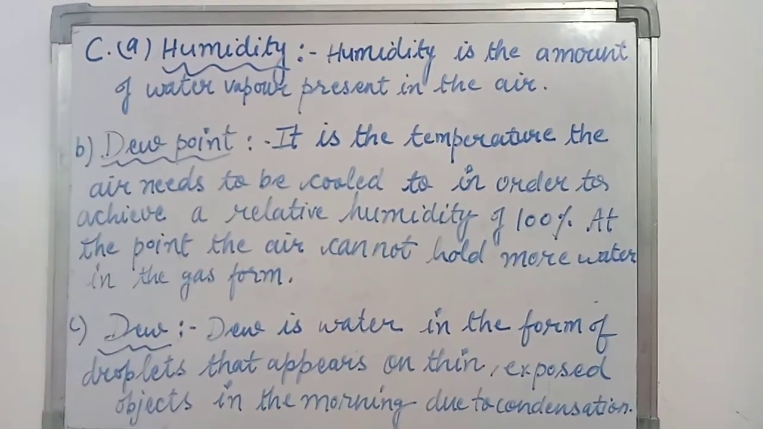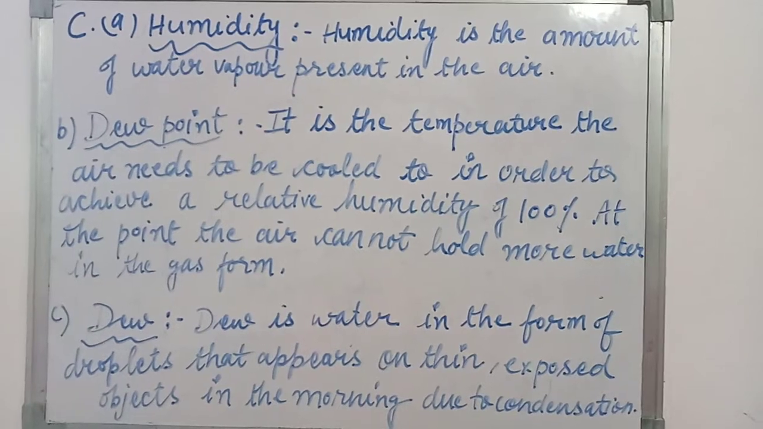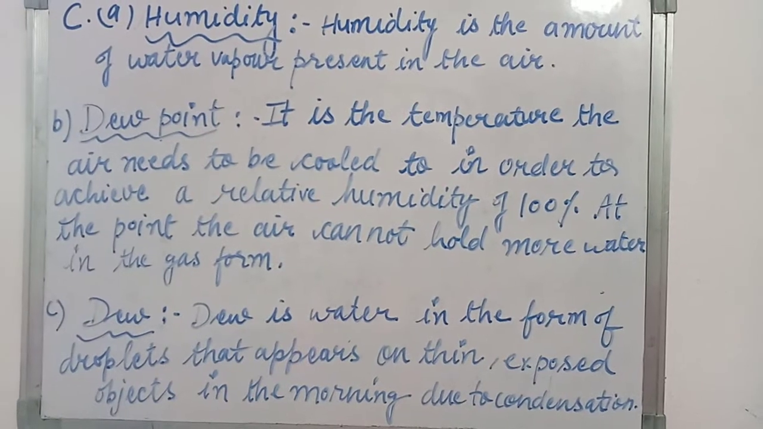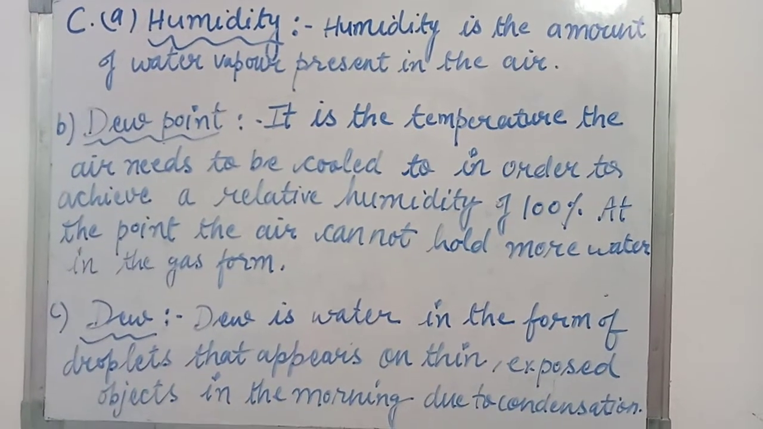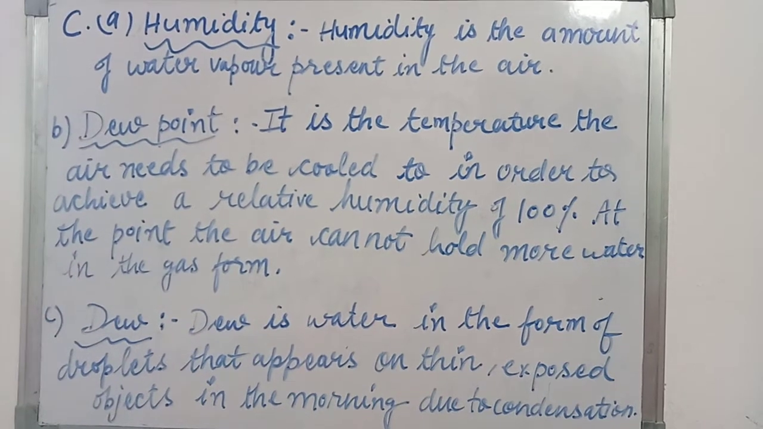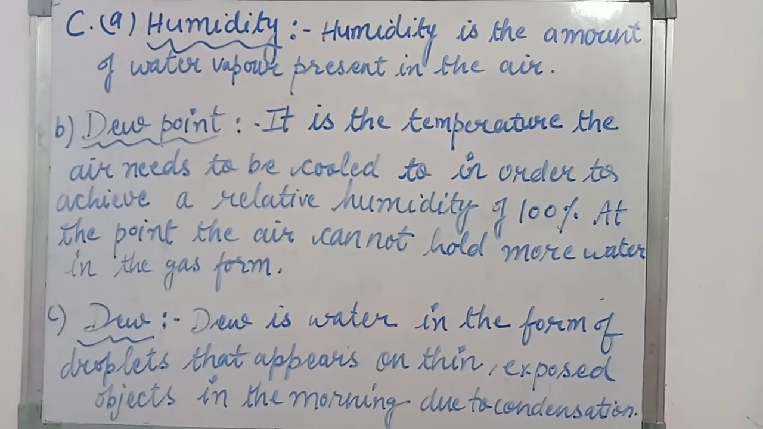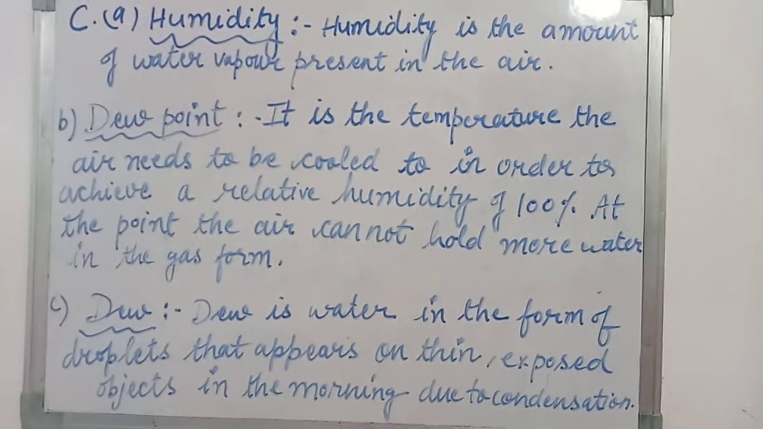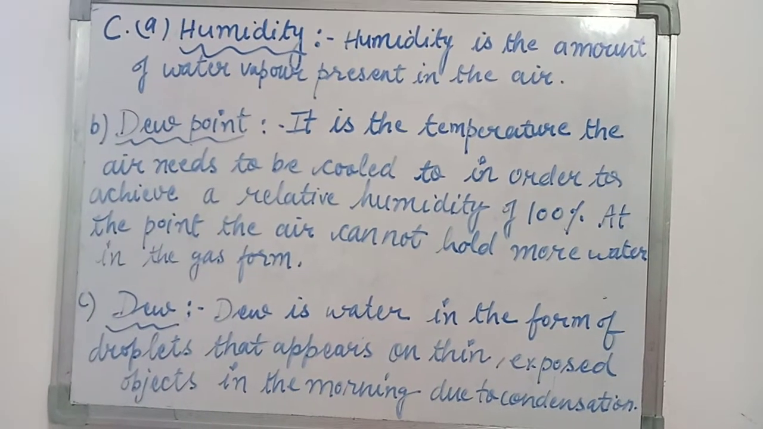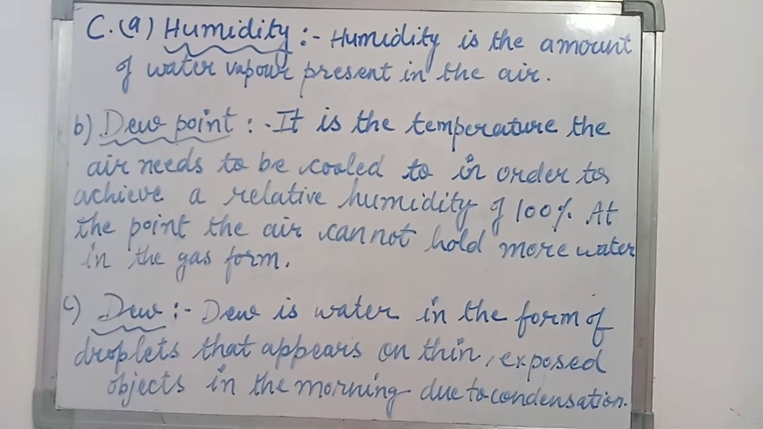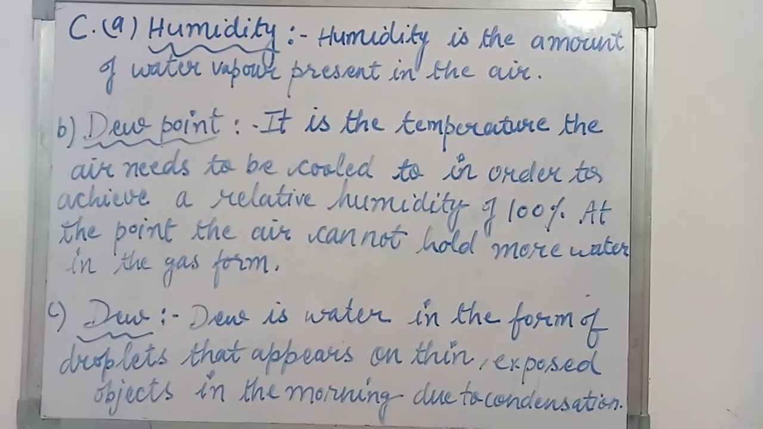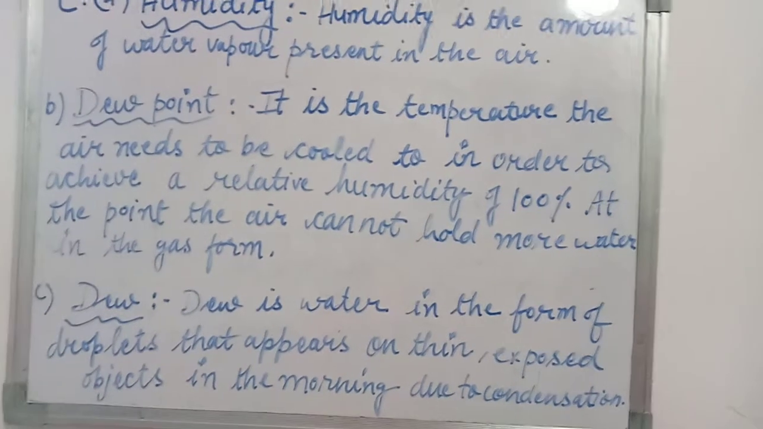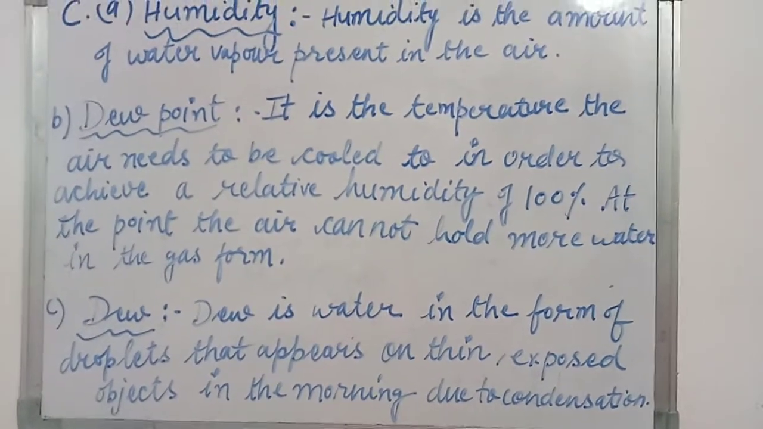Now the third one, dew. Dew is water in the form of droplets that appear on thin exposed objects in the morning due to condensation. You can also add here: objects in the morning or in the evening due to condensation. So note down. After that, the fourth one is